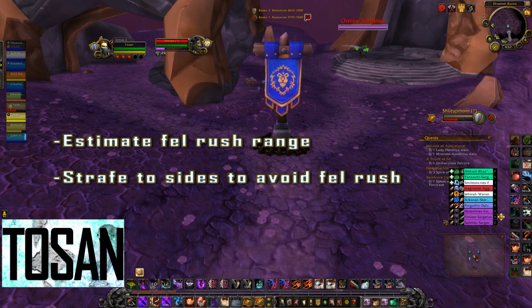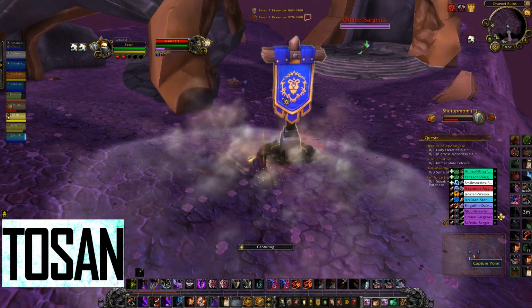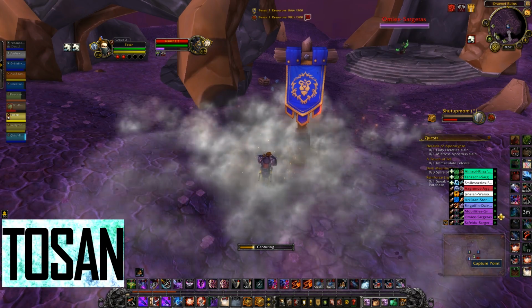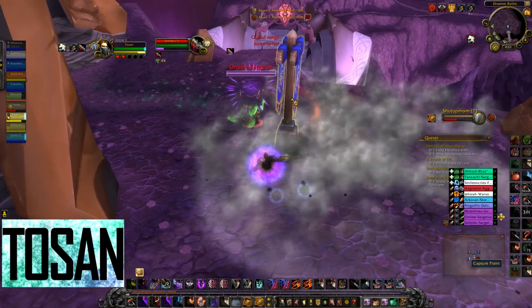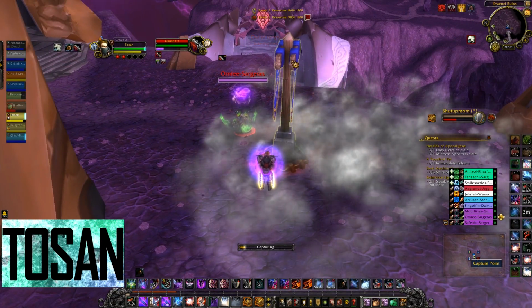Secondly, when you do the fake cap, sometimes you can sprint and zigzag to the side to get out of the Fell Rush's path, and then not get put in combat so you can sap him right next to the flag. So here we go. I'm going to Smoke Bomb, and then I'm going to start fake capping. Then I'm going to re-stealth and walk to the side to get out of his Fell Rush path. This is going to allow me to sap him,